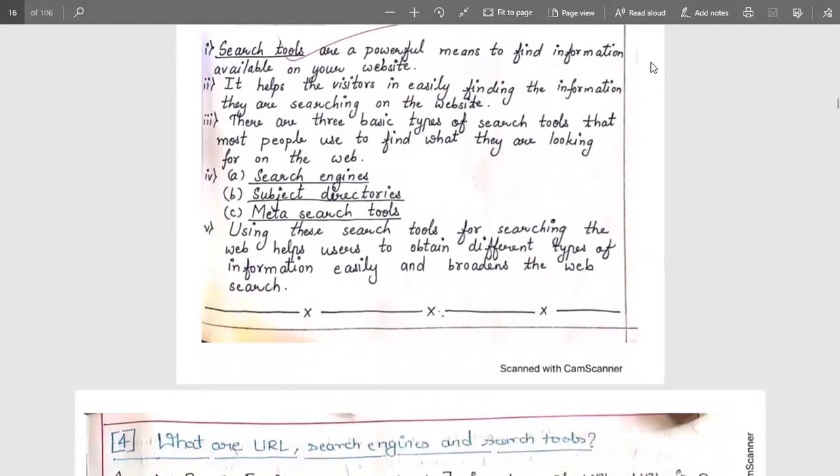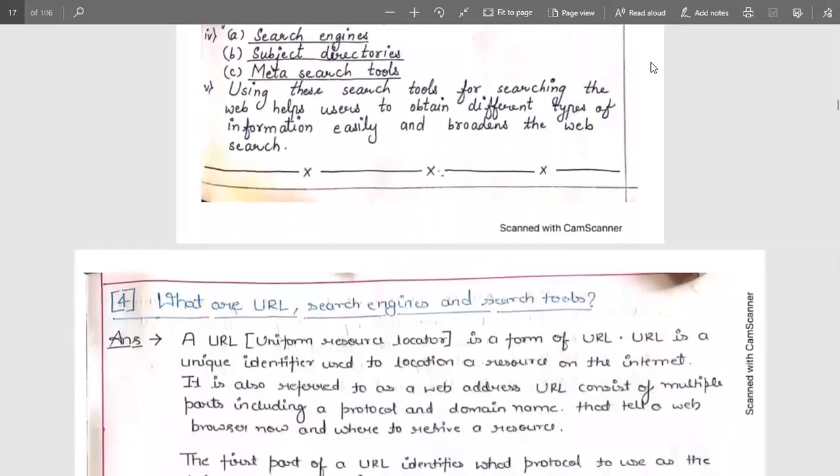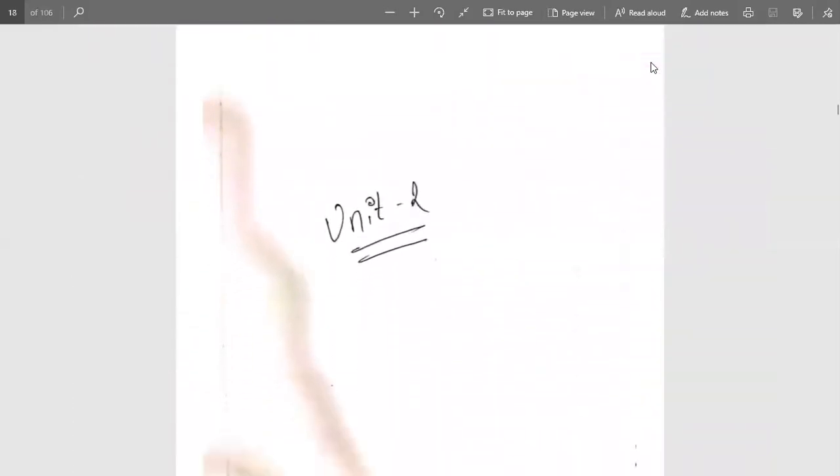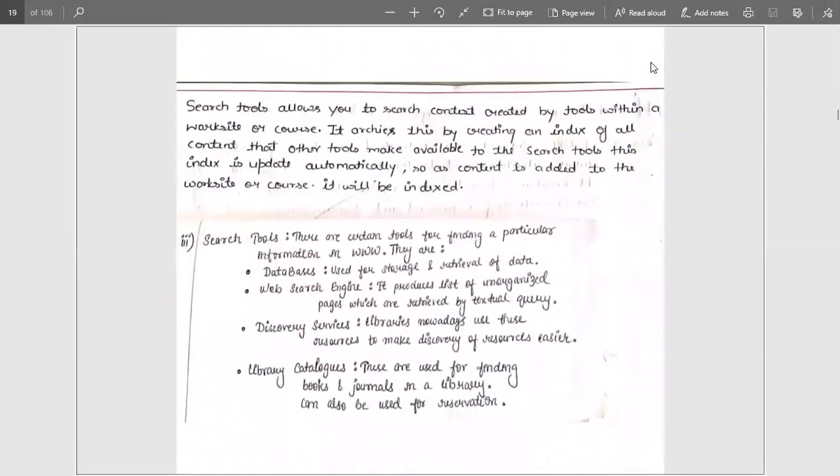After these search tools, searching the web helps users obtain different types of information easily and broadens the web search. It means that to search any website or web page, we need a search engine or a search tool.